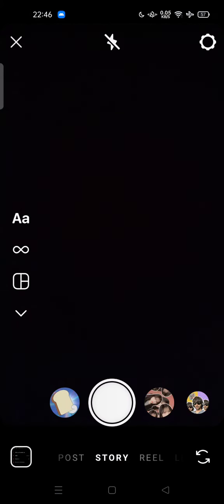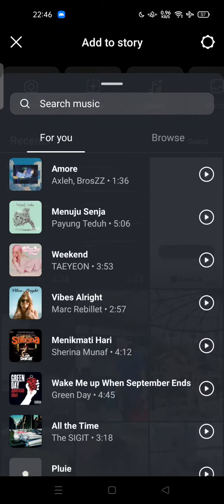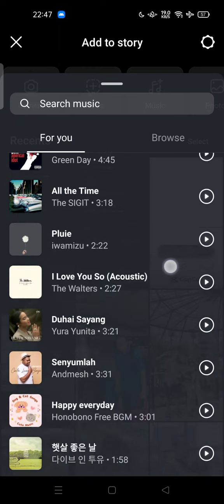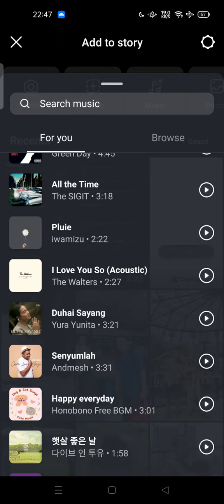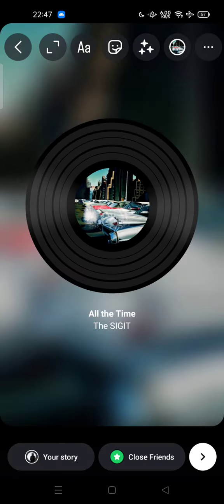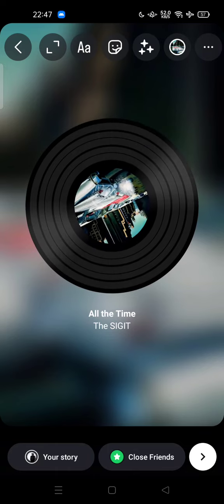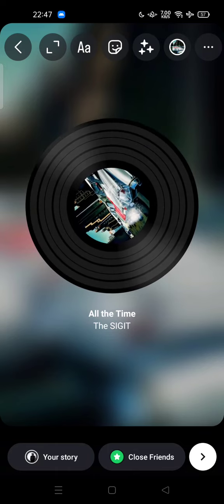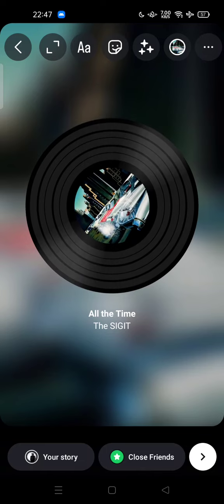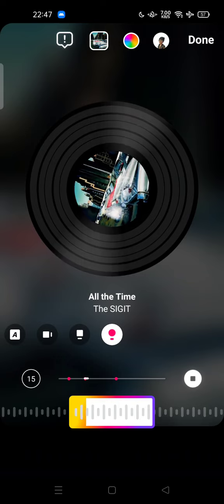and here you can add to story music only. Here you can search the music that you want to add. For example, this one. And here we go, you can add only music on Instagram stories, and also you can add your avatars